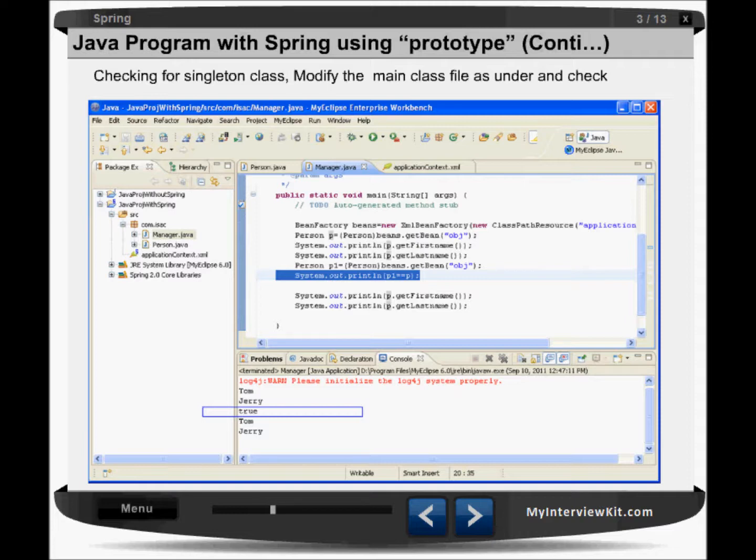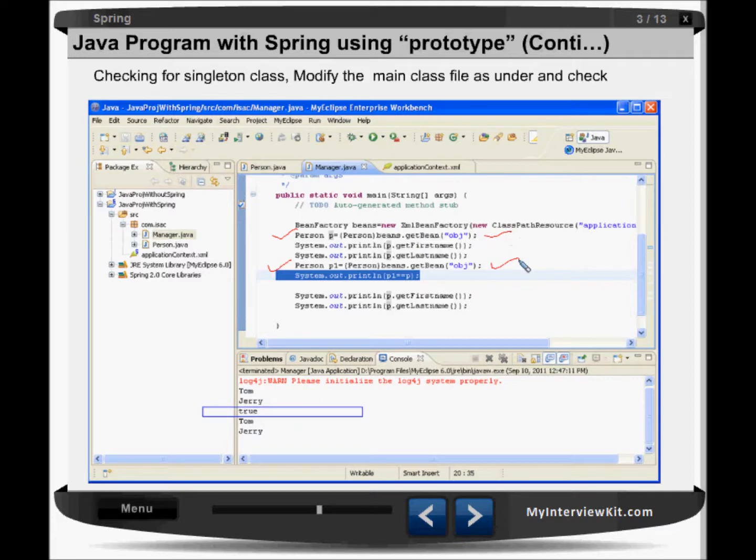Now next, you can see the program which I have done in the previous example, the first example, right? What we are trying to do here, we are creating one object person P, we are creating another object person P1. So we are getting two objects here, but it is the same type.